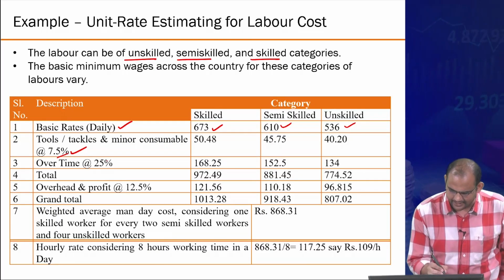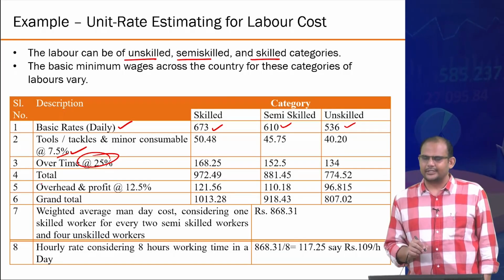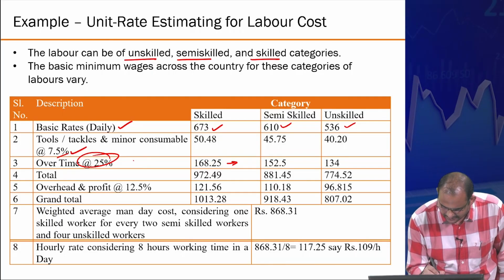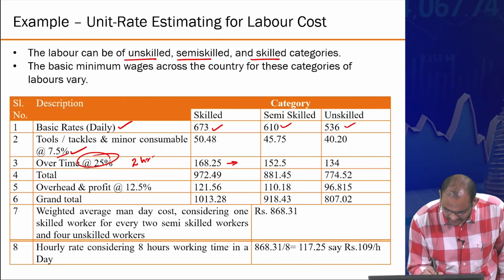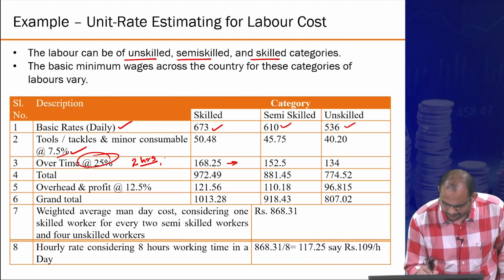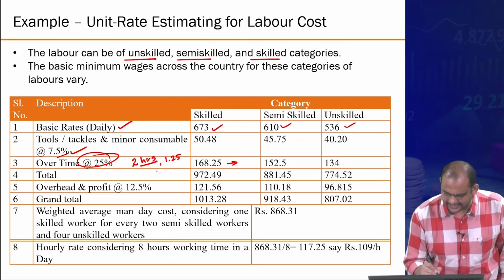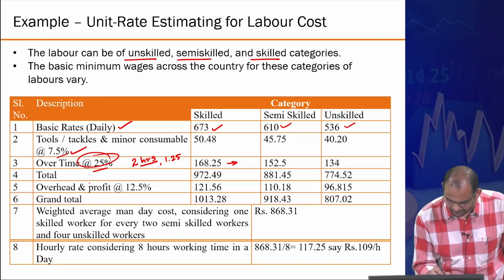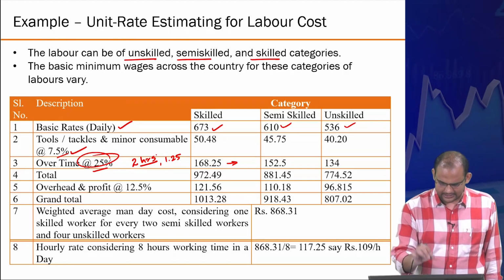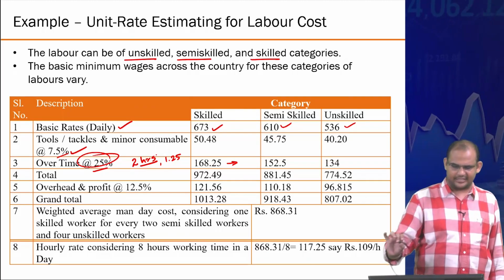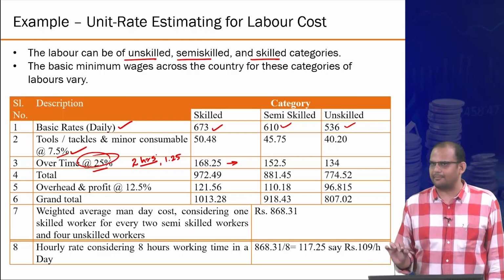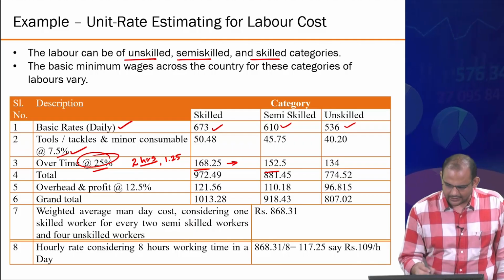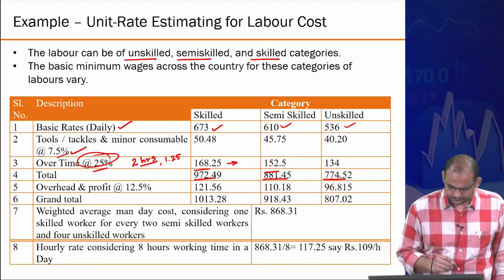Let's say 7.5%. If they do overtime, you need to pay for that. So I think the assumption of overtime here, if you do this calculation, is coming out to be 2 hours of overtime, and that money is about 25% extra of their basic rate. I have not checked the calculation, but essentially assume that on an average 25% they will do overwork and you need to pay them. So this is the money. The total is coming out to be this.